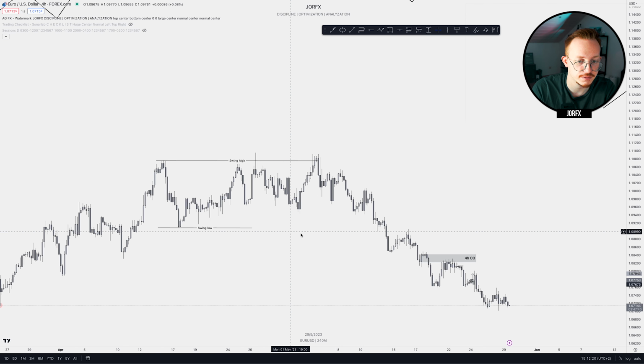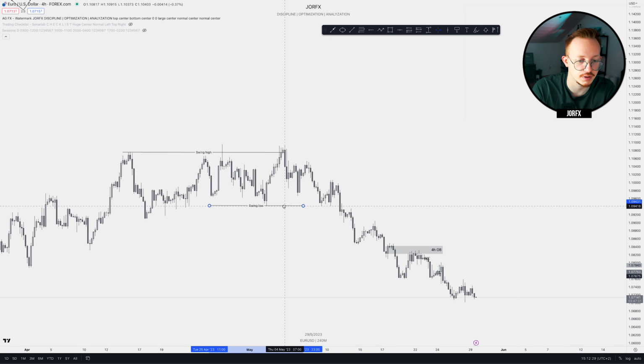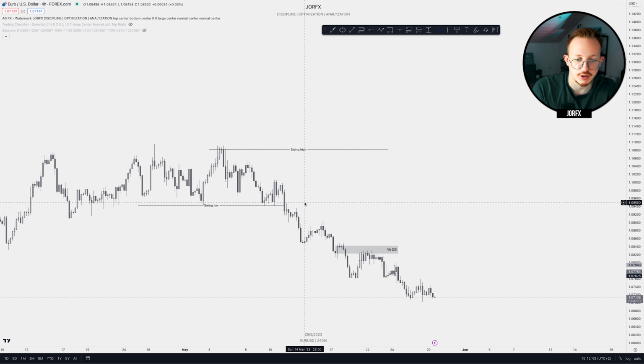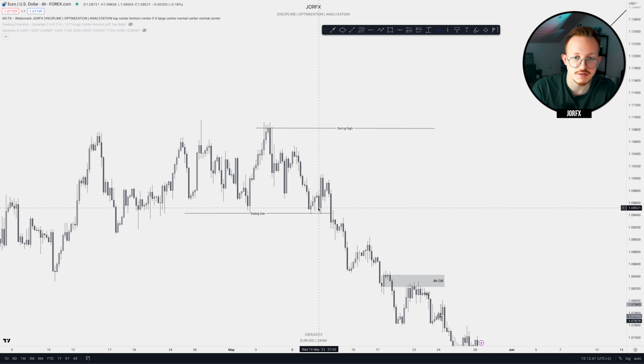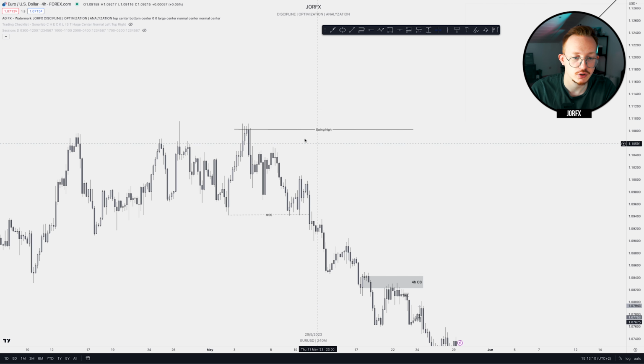This one is, in fact. So now we can move our swing low up to here. And this becomes a new swing high. As you can see right now, the swing low gets broken. So what does this tell us? This becomes a market structure shift, as structure is now going from higher highs and higher lows to lower highs